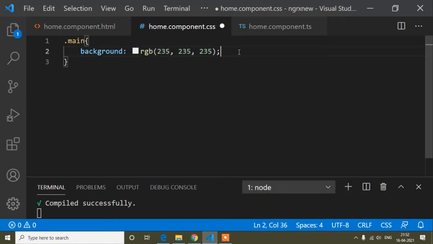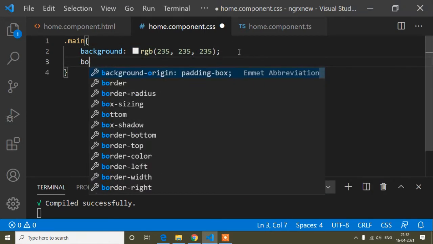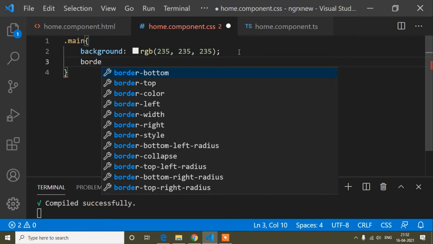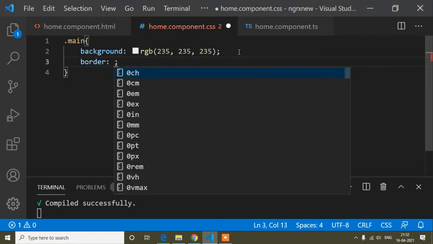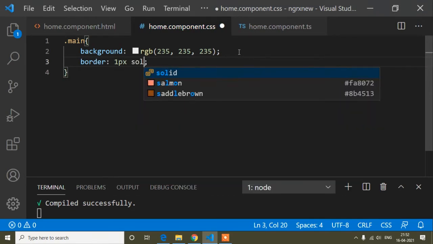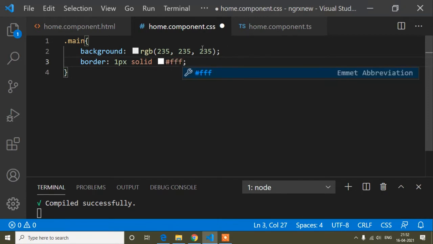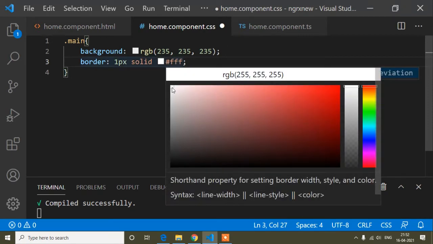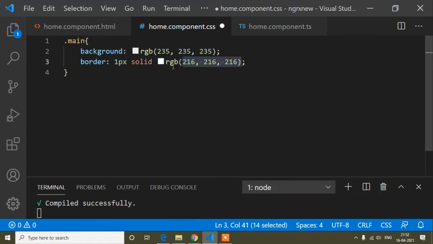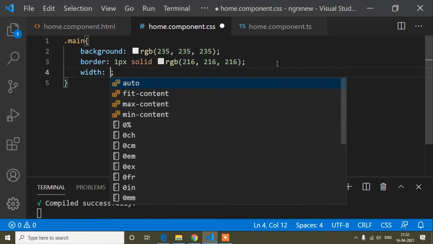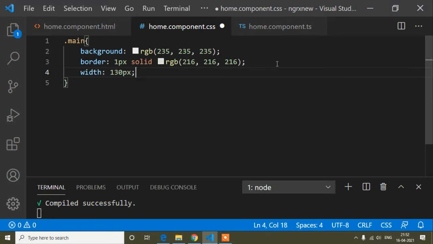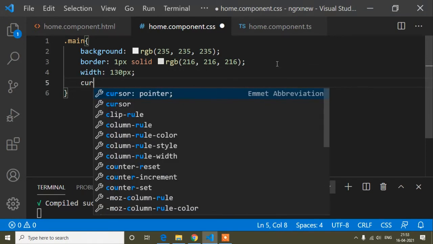So I have selected this color, and now here I will write border. So border is 1 pixel solid, and I will add some border. The border will be darker than the background color, so I will select this color. Okay, and now it's selected, and width I will set here to 130 pixels, and now cursor is pointer.